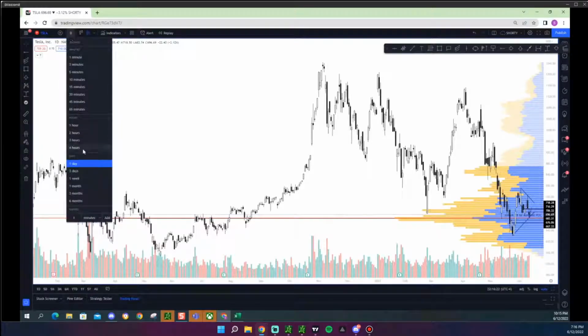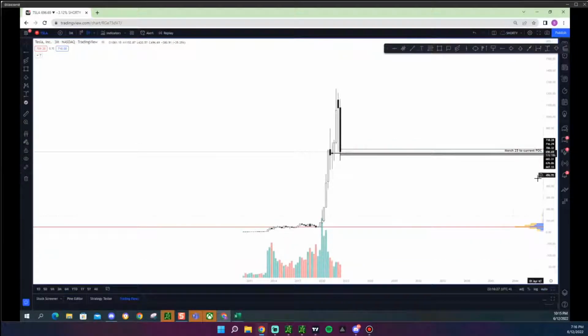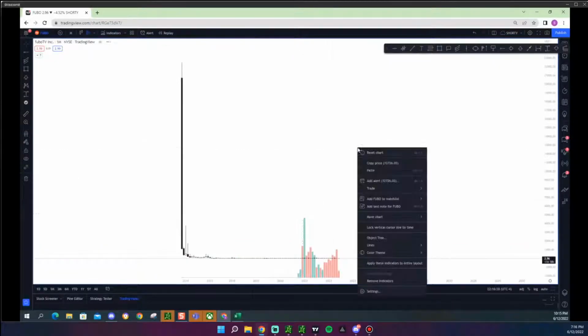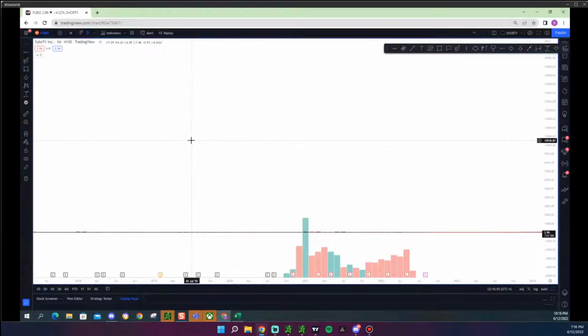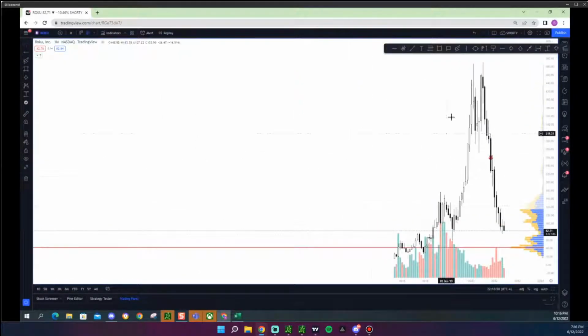Have you guys ever looked at like a 3 month candle on this? You can't tell me this looks like a normal stock. Come on, guys. I don't see a difference between this one and this one. I mean, let me change this one to a monthly. Let's see. What was the other one that they used? It looks identical, right? They just didn't have a spike and then dump. Look at this. Roku went all the way up to 500, and it's coming back probably to $40, guys. And this one looks good for shorting, by the way. We need to look at